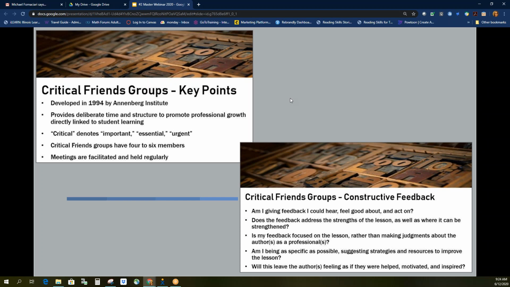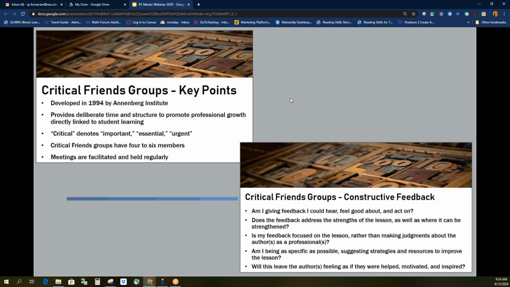If your program already has an active critical friends group, consider designing a plan for an alternate group, maybe with a different goal or a different set of teachers. And remember, this is a proposal for a potential group. You're not obligated to implement this plan. Okay, so especially during this time, we wouldn't ask you to do this. We also understand that different programs have restrictions on the collaborative group that can happen, and we don't want to interfere with that.